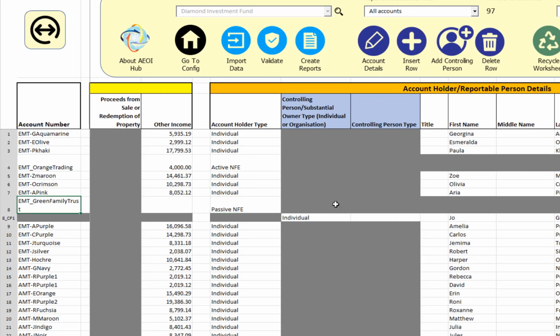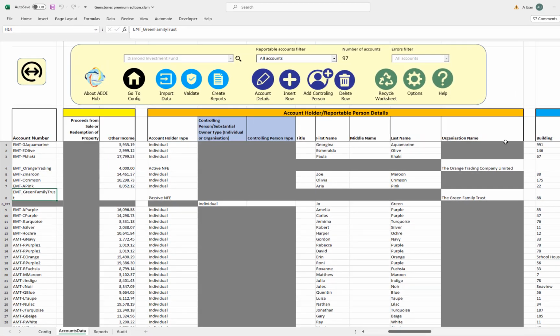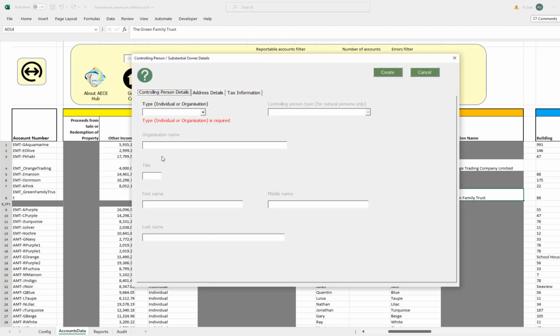as part of the validation process it also updates all this numbering on the left hand side. And one thing you'll note here is that account number 8, which is the Green Family Trust, a passive NFE, then has underneath it 8_CP1, which is the first controlling person for that account. If I were then to add another controlling person, it would add under there. I'll just do one quickly just to show you.